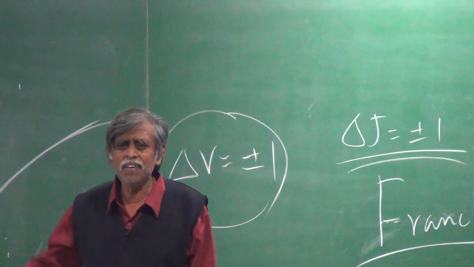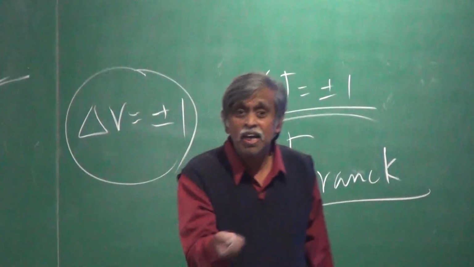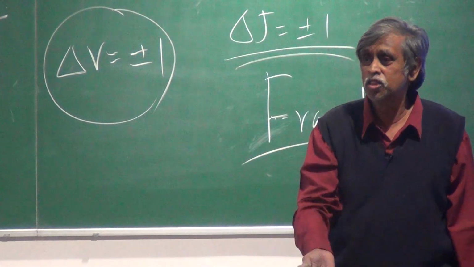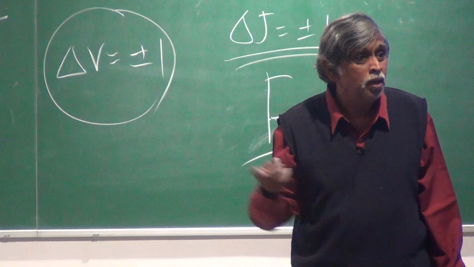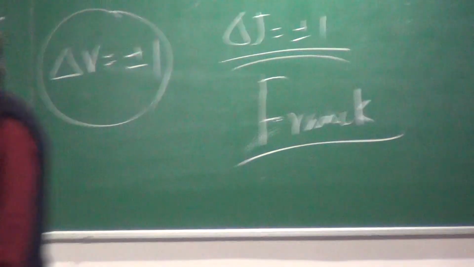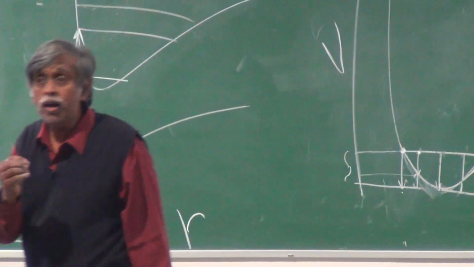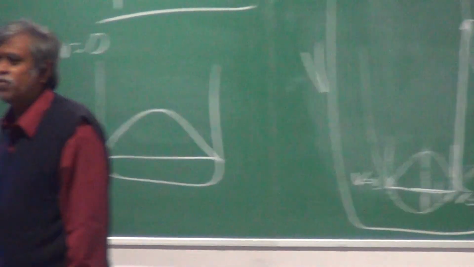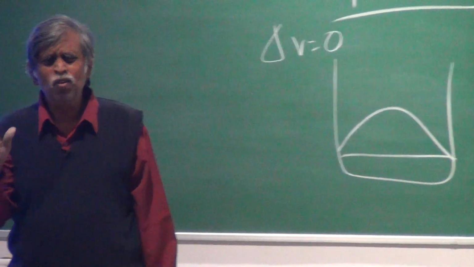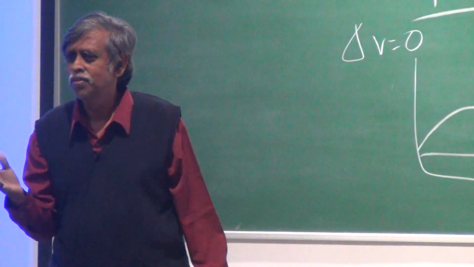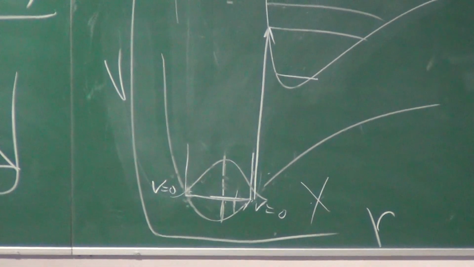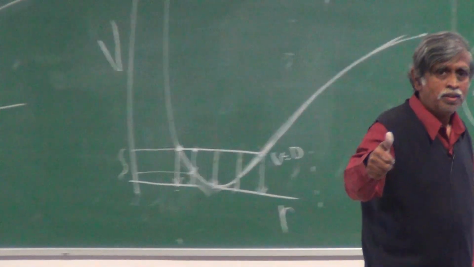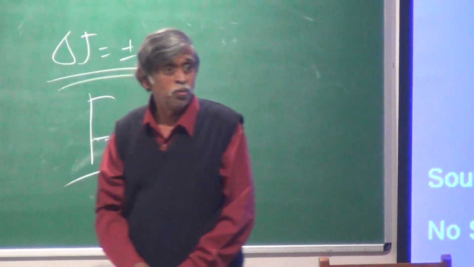Franck's statement was great. Of course, it never gave us quantitative measurements of intensity, and we will see how to get that. All it said was this is possible, this is not possible. But it never actually told you how to calculate what the probability is going to be. Propensity is a probability issue. But it never told you of a way by which you can calculate these probabilities. All you can therefore say, in a very qualitative fashion, is this transition I don't think will happen, this transition I think will happen. So it's more non-quantitative. There was one problem with Franck, and therefore people never relied on it a whole lot. But then they had a more serious problem.